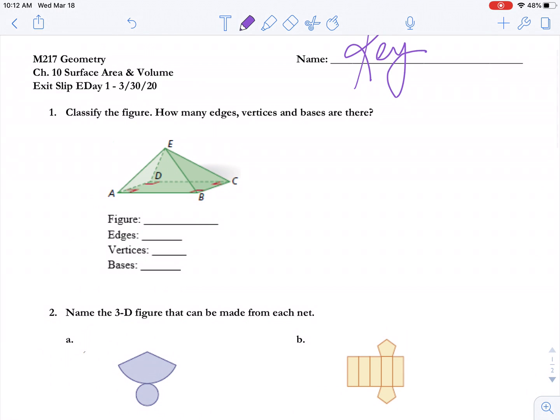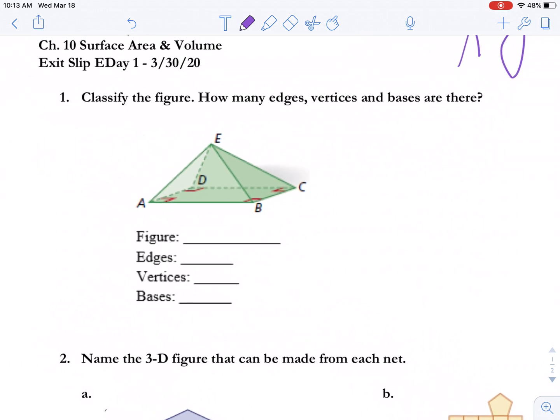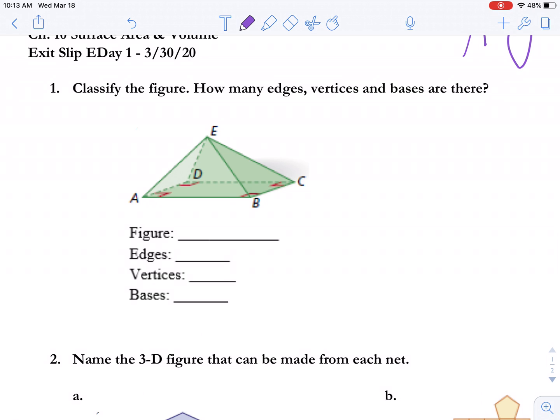Hey guys, let's see how you did on exit slip EDay1. Number one, classify the figure. So first of all, we want to determine how many bases this figure has. Well, since it has a point up at the top, it's only going to have one base, which makes this a pyramid. And the shape of that base with all those right angles, the most specific we can get is